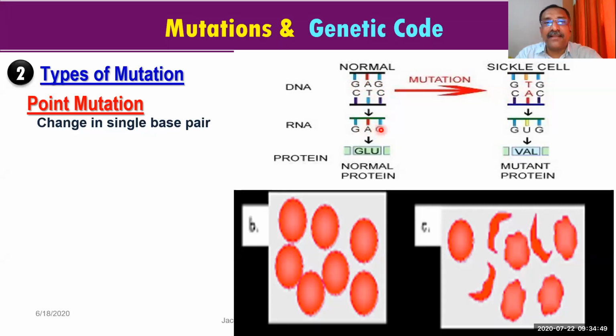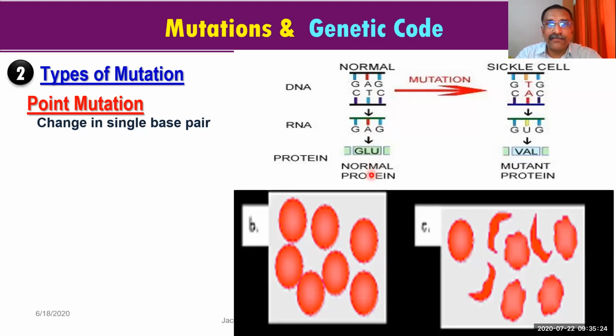Now you see this is the RNA. So this one we are not considering. We are considering only this, the first one. G, A, G. This GAG is representing a character. What is that character? It is synthesizing an amino acid called glutamic acid. So you can see that the amino acid GLU is synthesized by these three nitrogen bases. These three nitrogen bases are responsible for this particular amino acid,